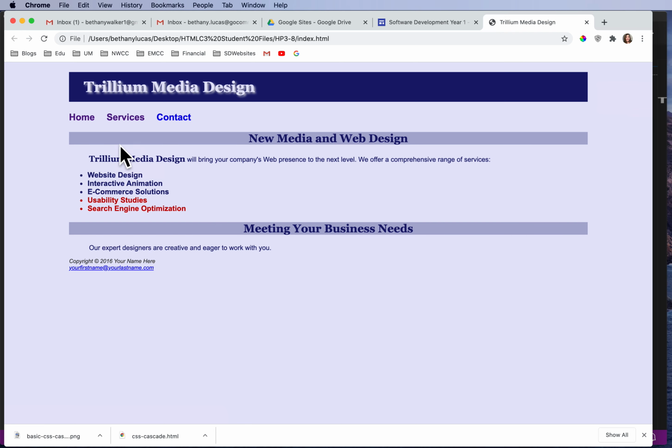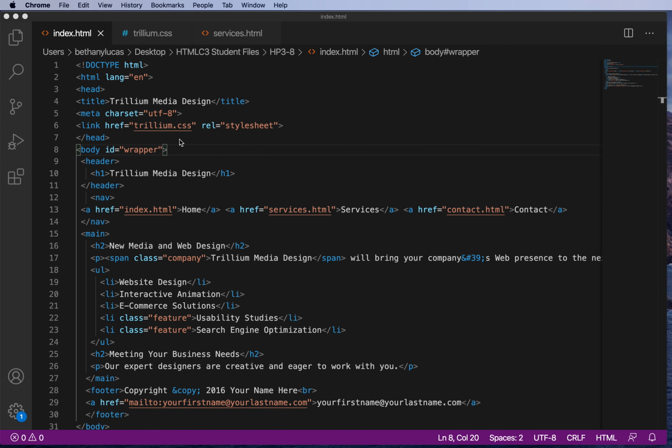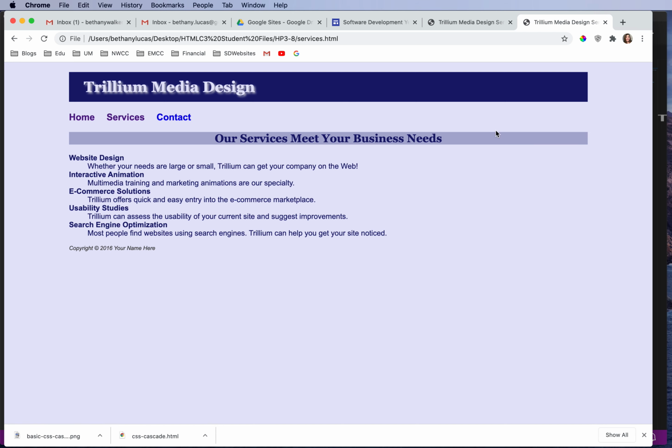Now that worked well and good for our index page, but if I click on services, it looks the old way. That's because I did not apply that ID. The IDs and classes only do things when we apply them within our HTML pages. So let's go to services.html, and within the body tag, we'll add that ID attribute and the keyword wrapper, okay? So now if we view in the website, both of our pages have that 80% width and then 10% white